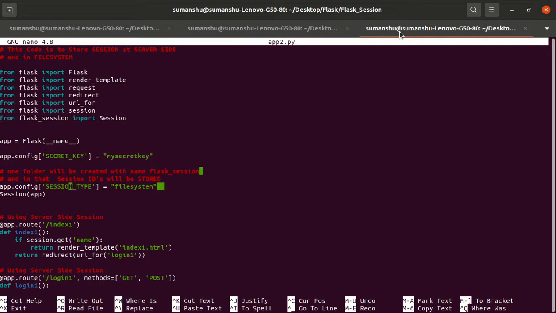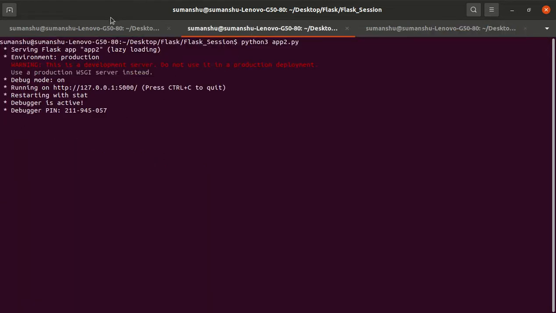Also, on the server, in what form will we save this information? Will we save it in some database, or in the form of a file? And if it is a database, what type of database? So right now, the first thing is, let's save it in the form of a file. We will define the type as filesystem. What it will do is create a file on our server.